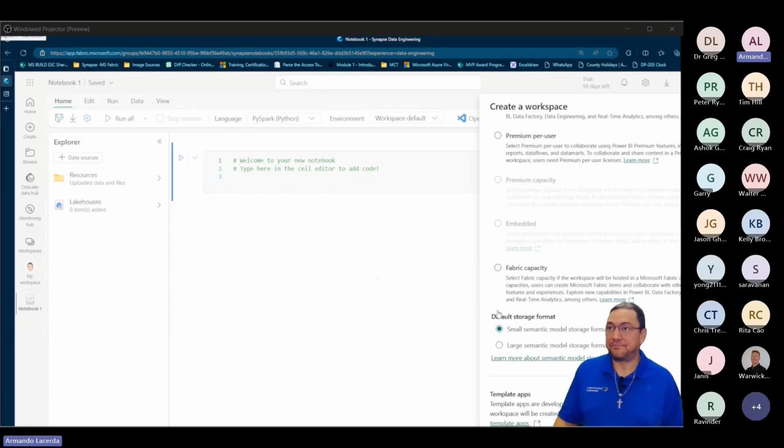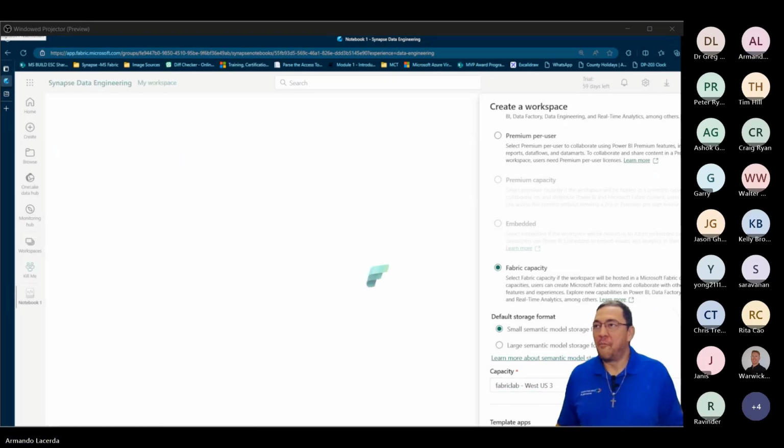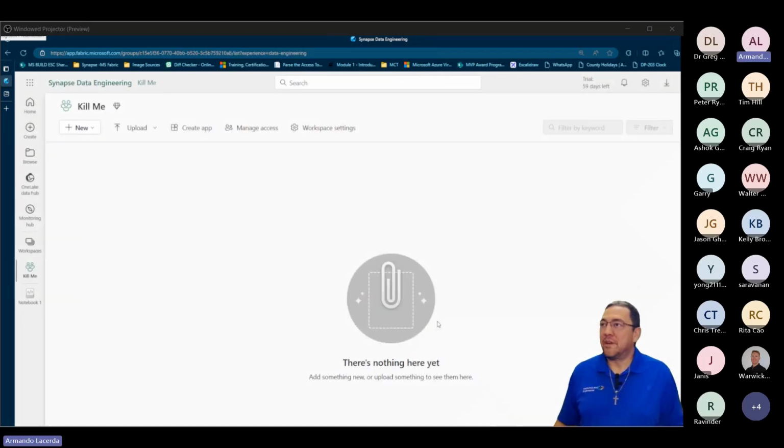We're going to make one. So let's associate it with the Spark Fabric. And as you can see, I have one at this point, and it's right here, Fabric Lab, right? It's the one I just restarted in Azure, as you could see. So I'm going to go ahead and apply. So there we are. I have a new workspace. I have nothing on my workspace.